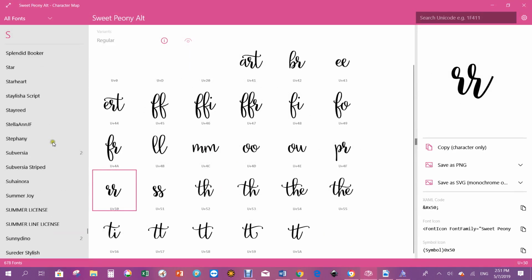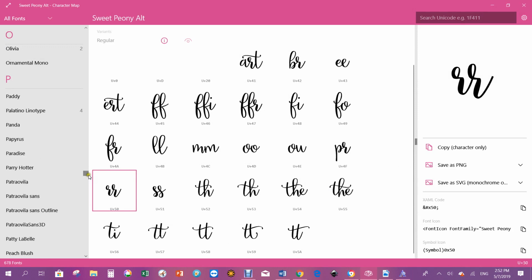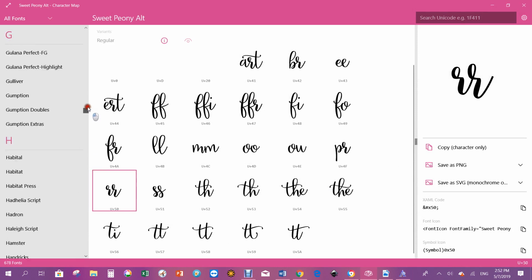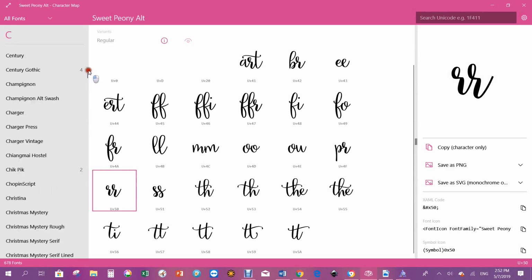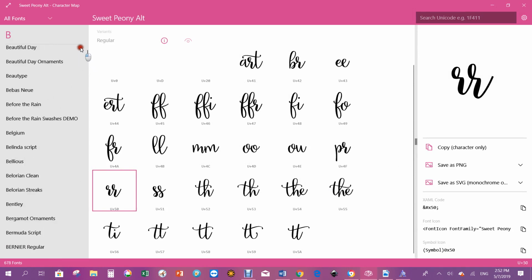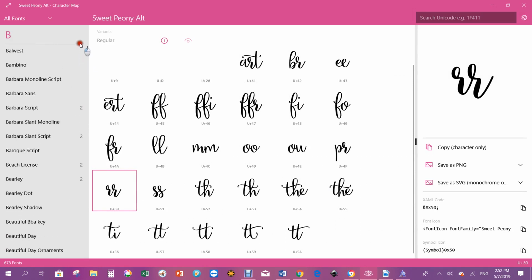Right, let's go back up here and see if we can find a font that has got glyphs in it. And as you see, I've got a large number of